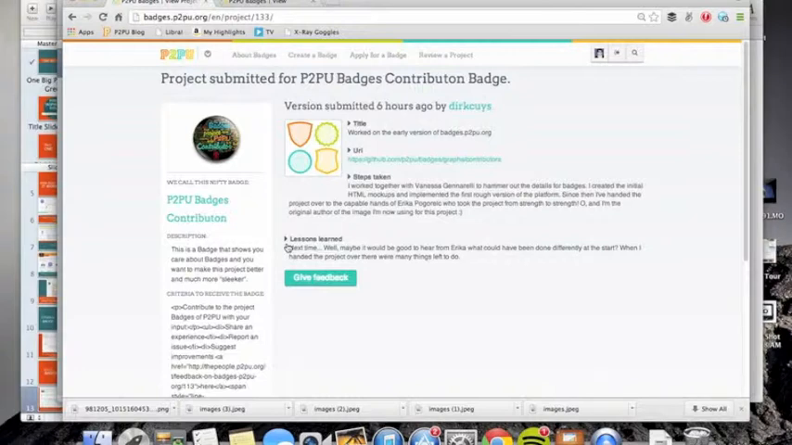He worked on the early version of badges.p2pu.org, and in the badge application process, we ask people to not only submit evidence for what they've done to meet the criteria for a badge, but they also need to walk through some of the steps taken, which is a kind of self-assessment, and gives the person who's reviewing the badge a bit of context for what the person has tried, where we might give them feedback or additional ideas or resources,